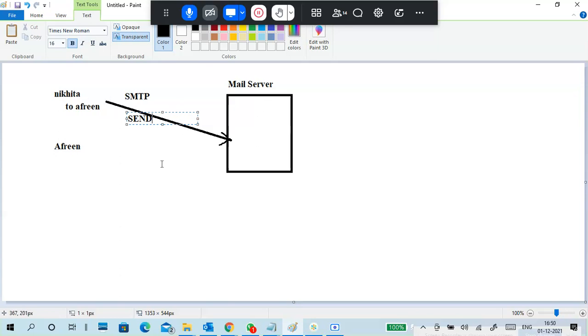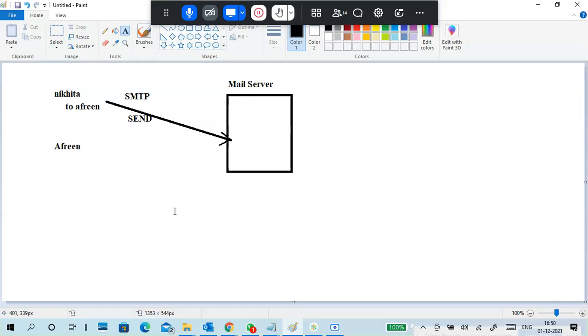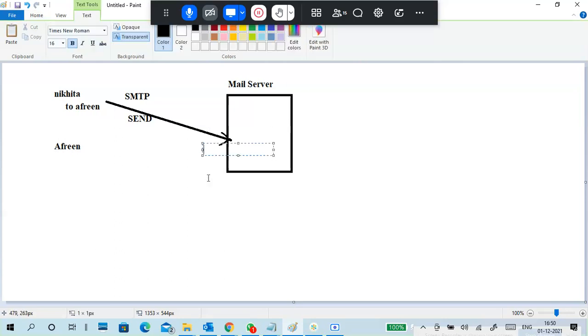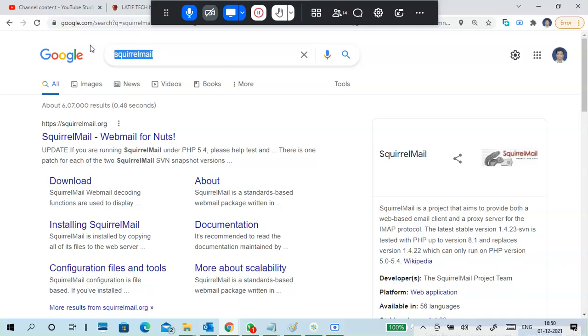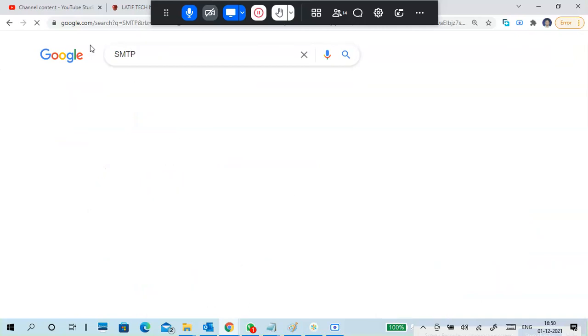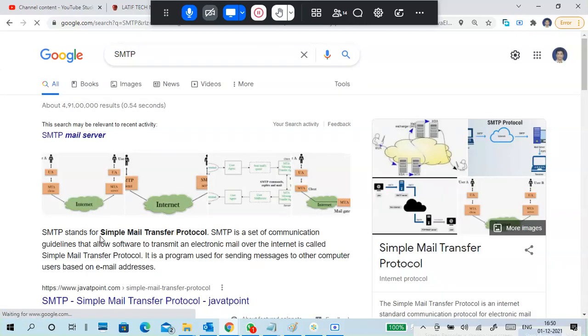Whenever the mail server receives a mail, there is an agent called MTA.